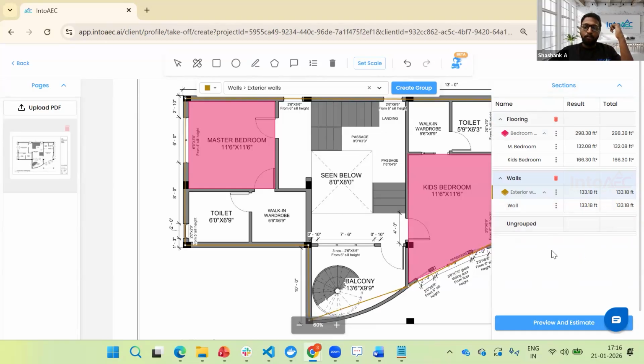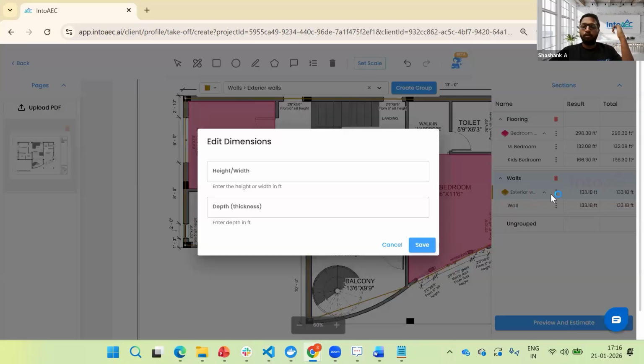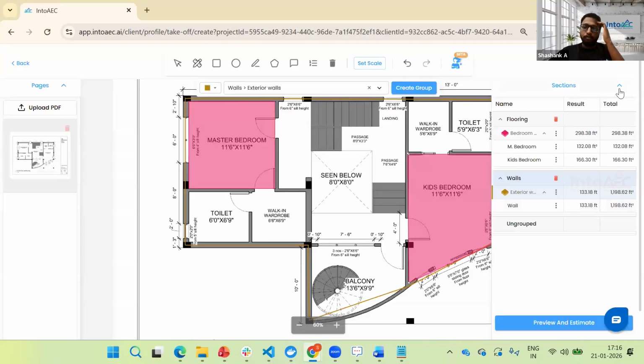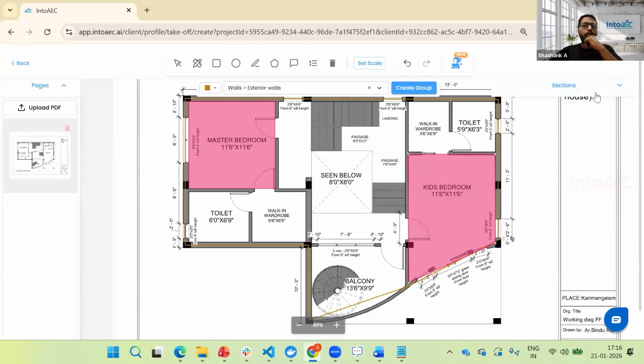and if you want to add the height of the wall so that you can do the estimates for painting, wall furnishing, something like that, you can just add the height for this particular wall. When I click on it, and when I click on edit dimensions, I have an option here to add the height of the wall. Something like I'm adding 9 feet, so that it will give the area of the wall. So this is about the line tool,